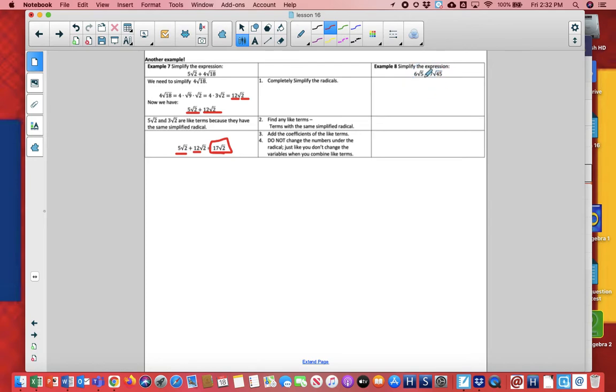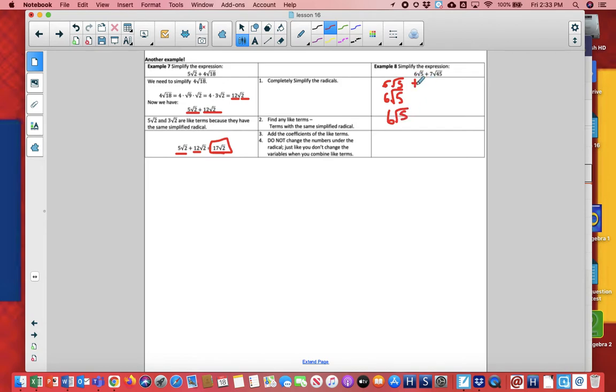All right, let's show it again here. So 6 square root of 5. Well, square root of 5, 5 there is a prime number, so I'm not going to be able to break down 6 square root of 5, so I'm just going to keep bringing this down as I have to break down my 7 square root